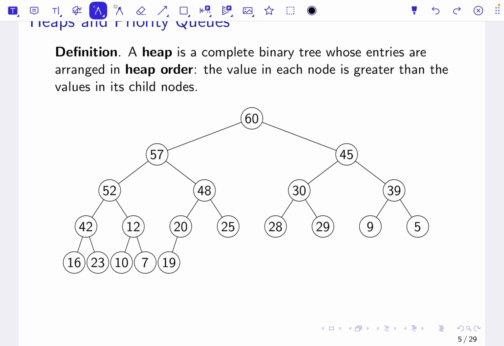Kind of similar to a binary search tree, but don't get these confused. A heap is a complete binary tree whose entries are arranged in heap order, where the value in each node is greater than the values in its child nodes. So remember that like the binary search tree property